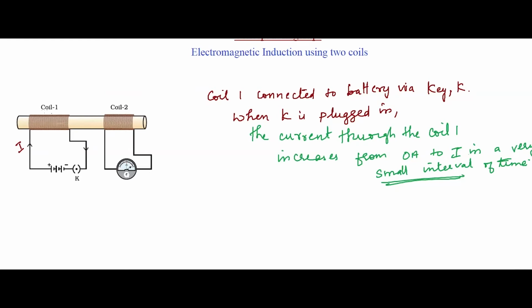As far as coil 2 is concerned, the field linked with it is changing from a small value to a large amount, or the flux lines are increasing from 0 to a maximum value. Because of that change in flux,